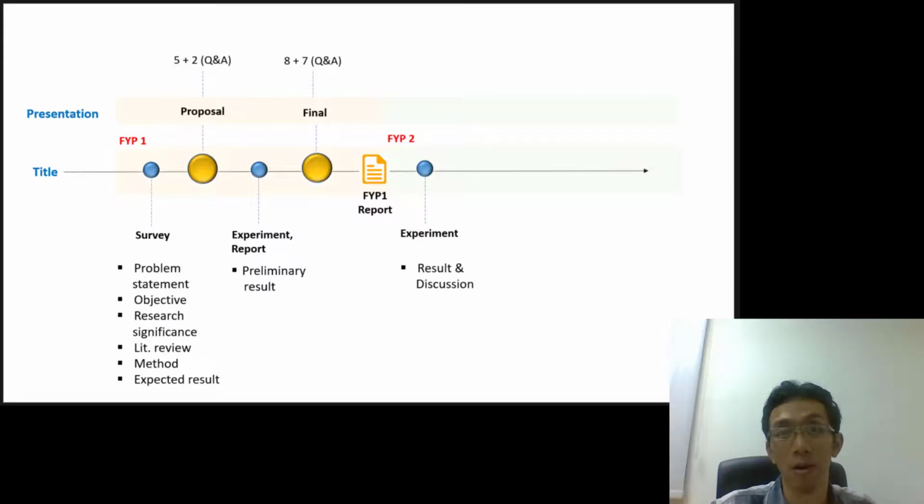Once you do your experiment, of course you will get your result, whether it's good result or bad result. For example, if your result turn out not to be what you expect, then you need to discuss why you get that result. If your result turn out to be well and align with what you expect, you also need to discuss that result. We expect to find this result and discussion in your FYP2 progress presentation.